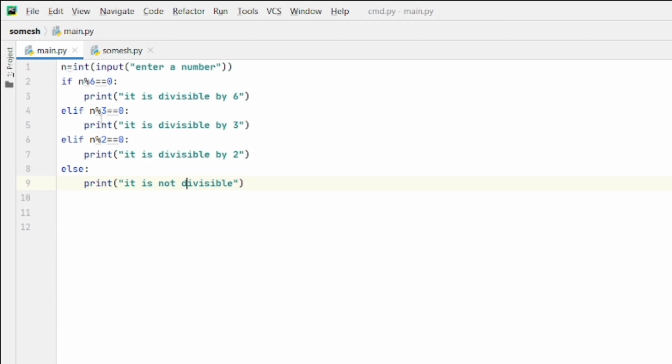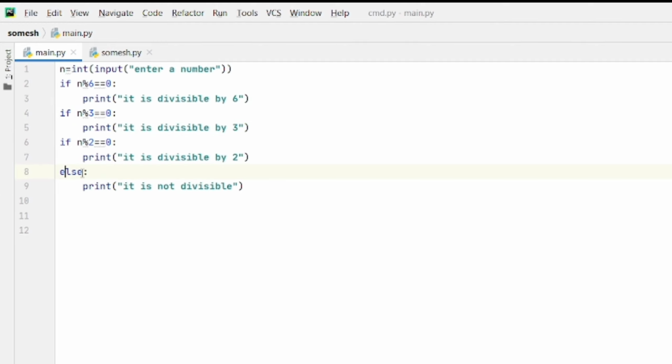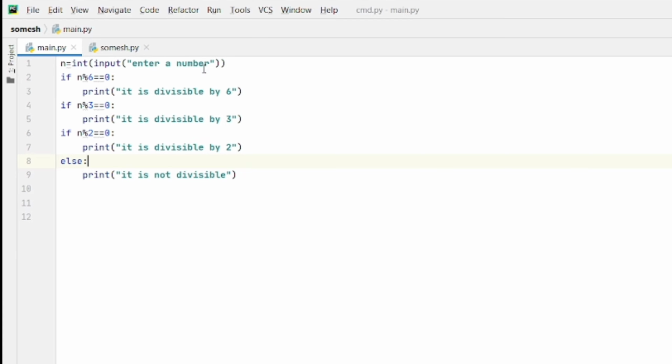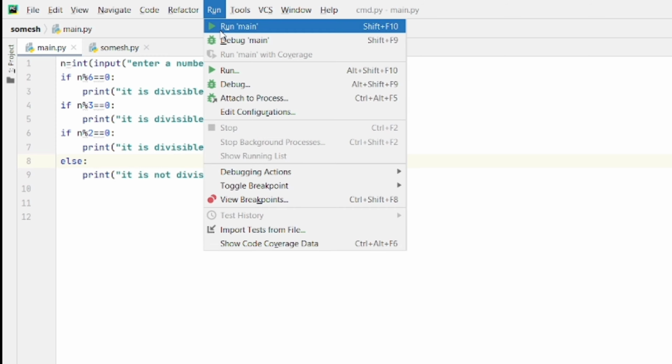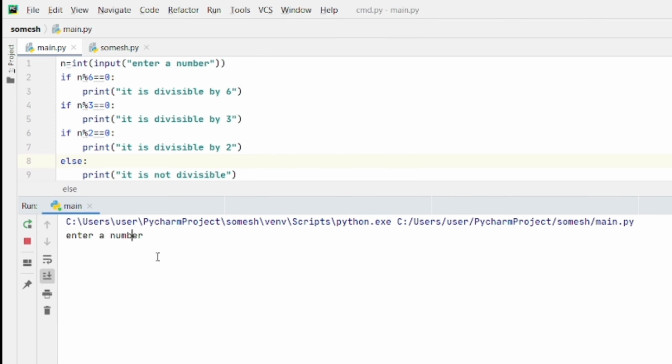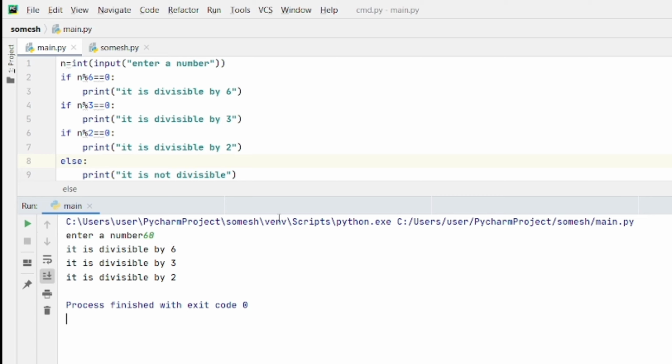Without using elif, if we are using only if, whether the condition is true or false, it will not bother. It will directly execute all the if conditions continuously. See, if you run this code now, if you take value as 60, we have to get value 6, but we'll get all the 6, 3 and 2 because first it will check it is divisible by 6 or not.